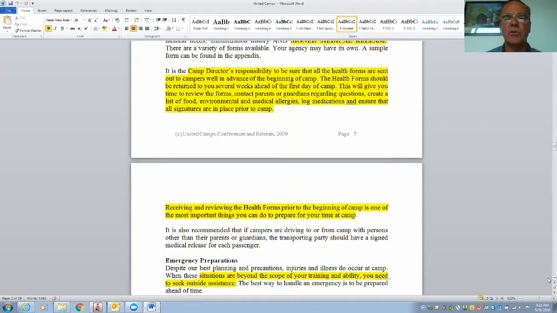The health form should be returned to the camp director, and then the camp director should give you those forms with enough time for you to review them, and if need be, to contact the parents or guardians regarding questions. So in a lot of the medical forms these days, they ask, hey, is your camper able to participate in all the activities that are listed on our brochure or our flyer or our